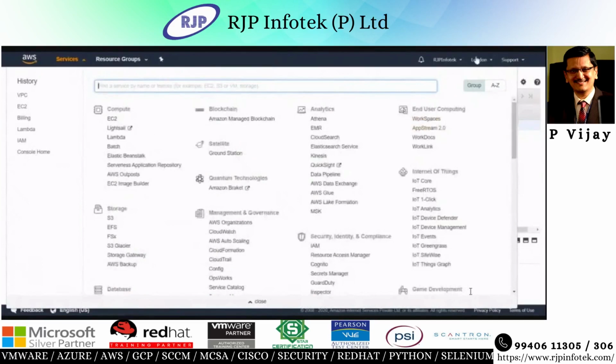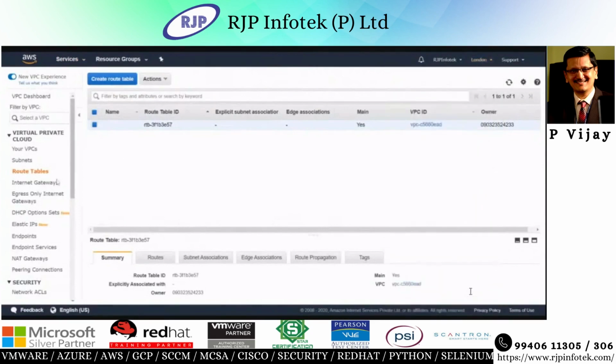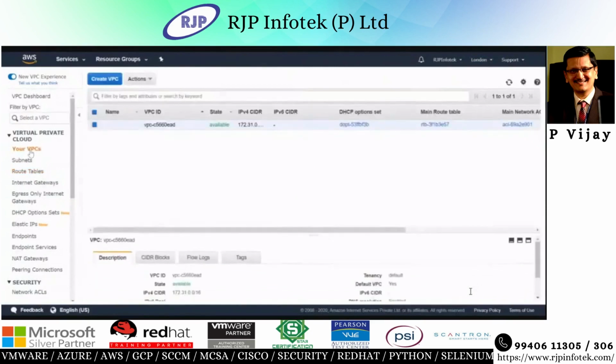And you can see, I've chosen a region, London. It's left to me. Wherever I want to provision machines here, I choose this region, London. Right. And the first point where I start is that I need to have my own private cloud. The moment I log in, I see a service, I go to the virtual private cloud section. You can see something AWS has already created for me, and the entire setup is ready.